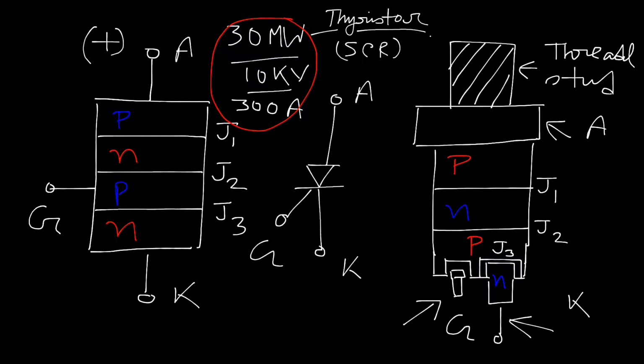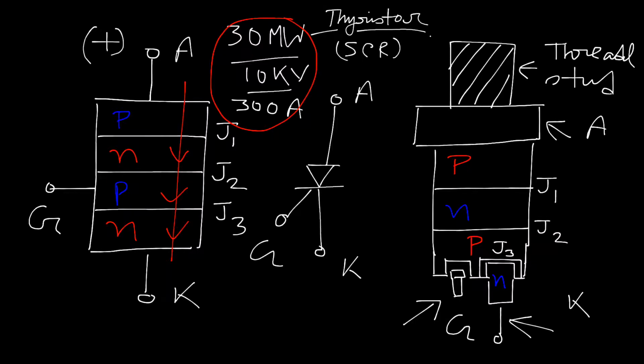What happens then? There is a particular critical value of supply or biasing voltage at which junction J2 is permanently damaged, or vanishes, due to avalanche breakdown of the majority carriers. That means if junction J2 is vanished, there is no blocking, no opposition to the original anode current. Then the device starts conducting easily in this way, right? Then we can say the device is in the on state.